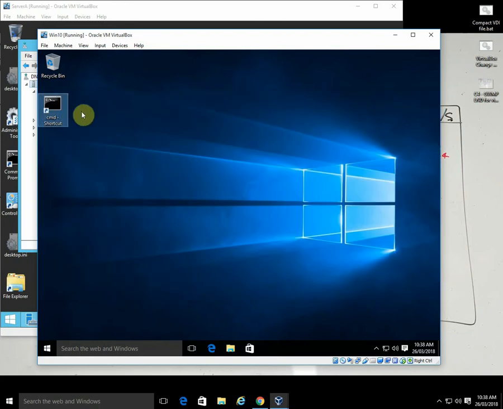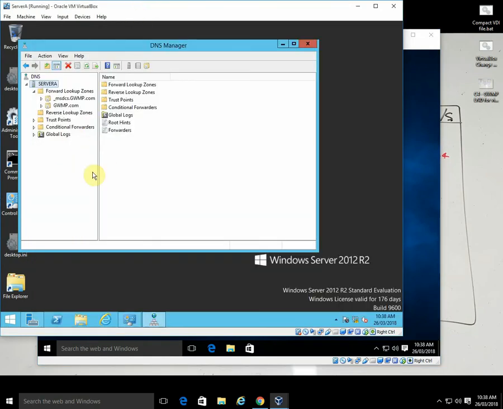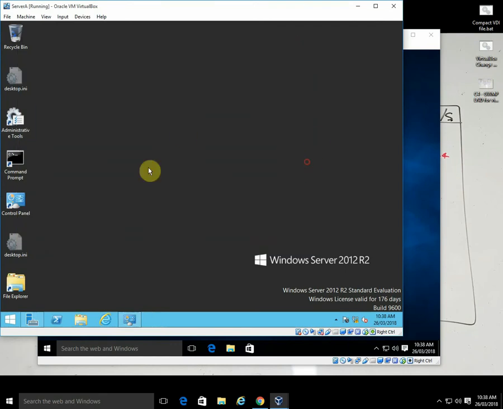Okay, so we know that our Windows 10 machine has got an IP address from the DHCP server that we set up on here. The other thing I'd like to do is to set up a printer. So I think